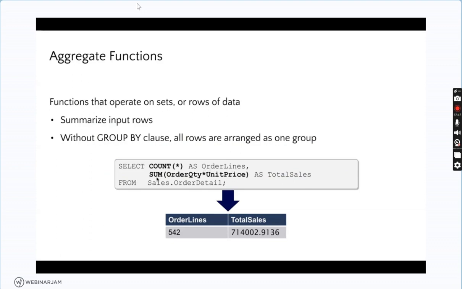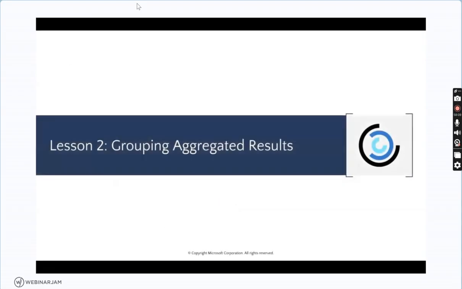Do the mathematical calculation of SUM, where you first multiply order quantity with the unit price, sum that column, and show the column name as total sales in the result set, from the table Sales.OrderDetails. So these are the 5 different types of functions which a user can use while working in SQL Server. Then we have